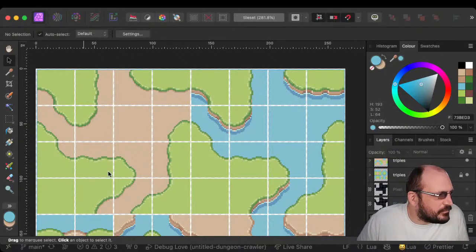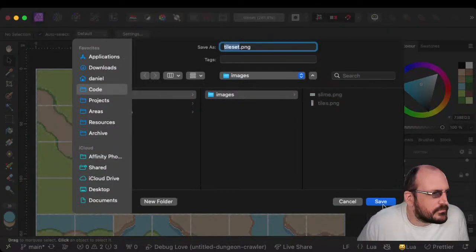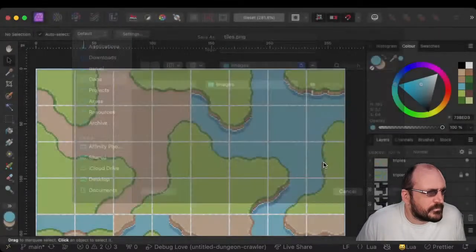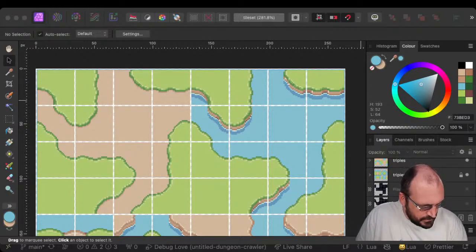Then if we export this again, we save this to tiles, replace. Then if we run our game again,